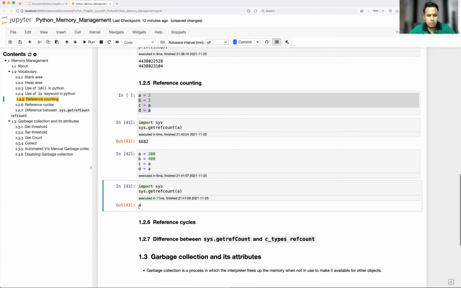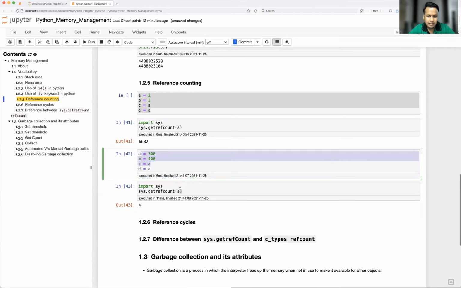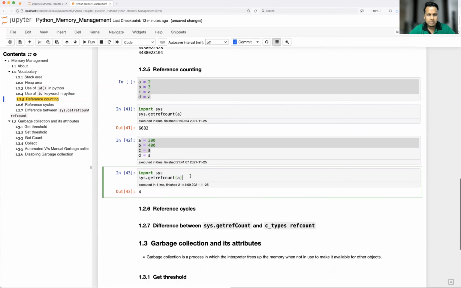Okay, so now again here you see A we have referred 3 times, but why is it giving 4? Because in this particular function call, we are again giving reference of a, right? So including these three, another +1 will be there. Because it is acting as a reference basically, right? Because you are getting the count, that's why you're getting +1. So in case you are going to use the exact number, better you subtract 1. Okay, so that's how reference count works.